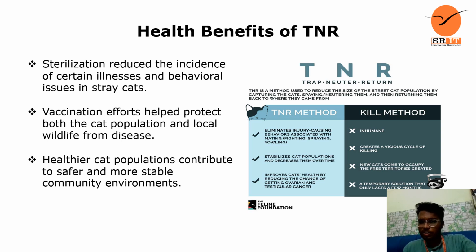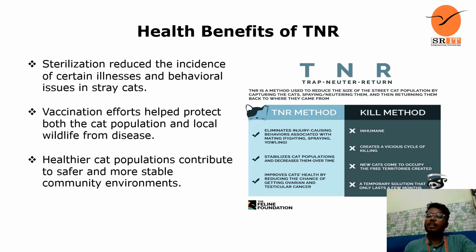If we see in this picture, it shows the TNR method and the difference from the cull method. The TNR method is not harming the stray cats. Usually, to control the population, people kill these stray cats, but this is not the right way. Under this policy, we just trap those cats, we sterilize them, and then we release them,